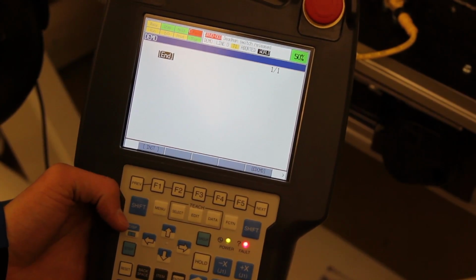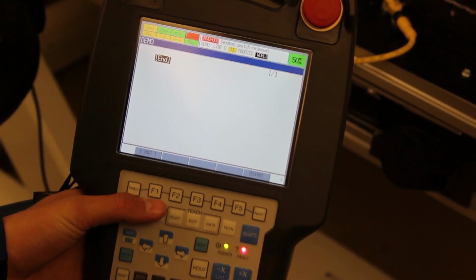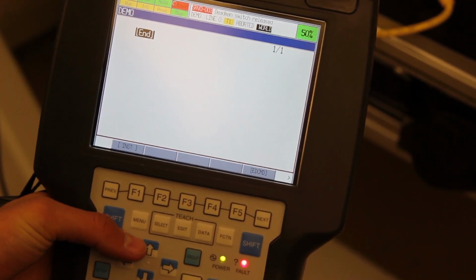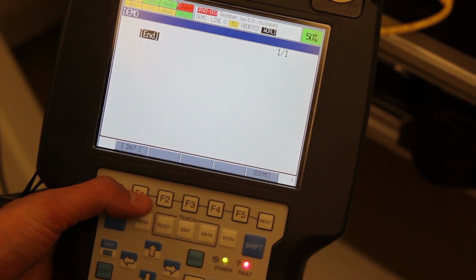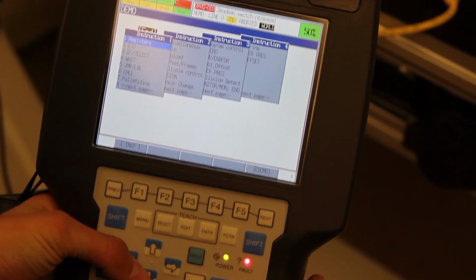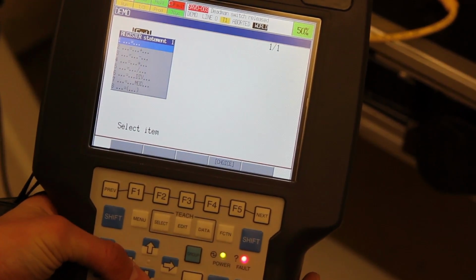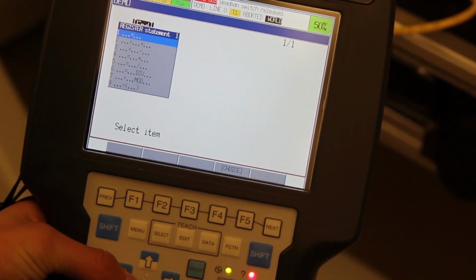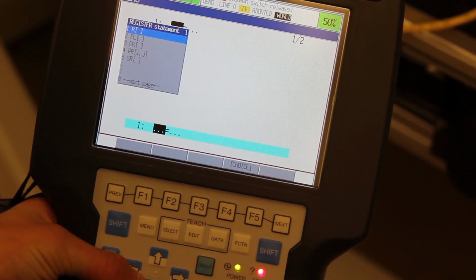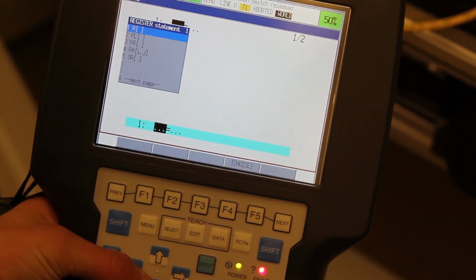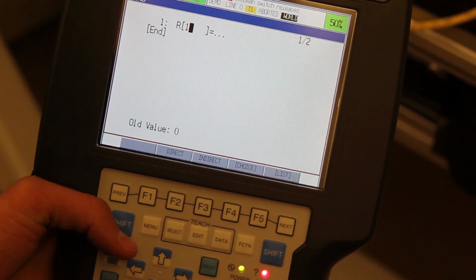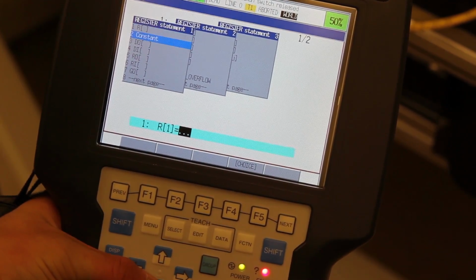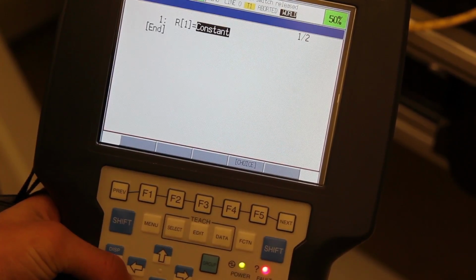Alright, for this one we're going to show you how to do a counting loop. First you're going to have to set two registers for the program to be able to reference. So we'll go ahead and hit F1 for INST, select register, so press enter, and then use this one here, the blank equals blank, and then press enter again for the R, and then we'll go ahead and set register 1, and we'll set it equal to a constant, so scroll down to constant, press enter,